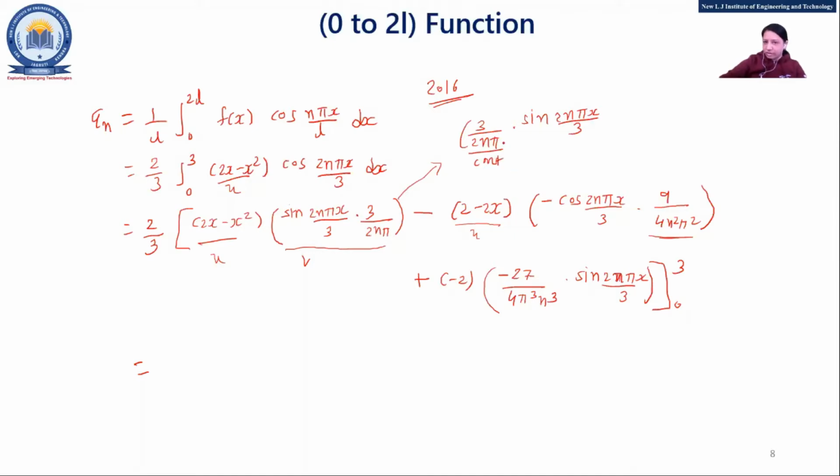Trupti, this is constant, right? Now, if you are going to do the integration of this, you are considering this. So what is the integration of this? That is nothing but minus cos, I am not writing minus, cos 2n pi x divided by 3 into 3 upon 2n pi. Now, 3 upon 2n pi for this term, and already 3 upon 2n pi constant will be there. So you need to do the multiplication of that. So you will get 9 upon 4n square pi square. Is it clear?